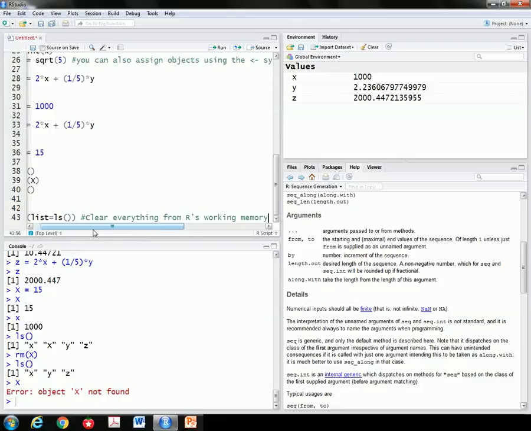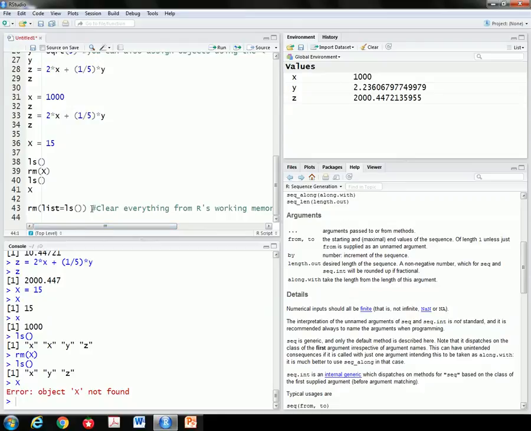This won't delete things off of your computer. This just deletes anything that's in R's working memory, all the variables you've created in this session, but if you've saved stuff to your hard drive on your computer, this won't touch any of that, so don't worry about that. So I'm going to run this, and you're going to see that all the values up here in my